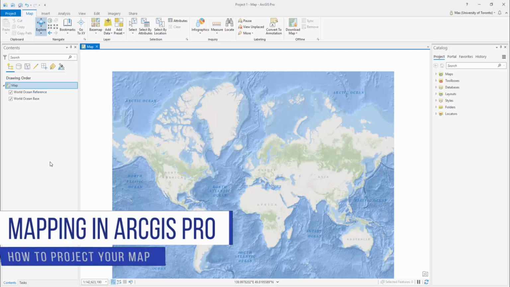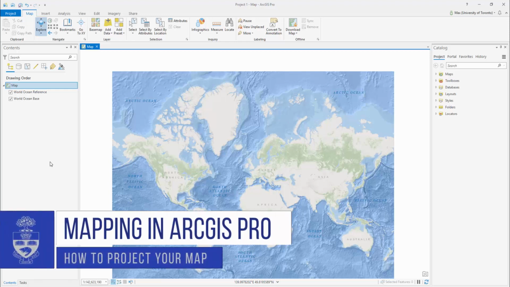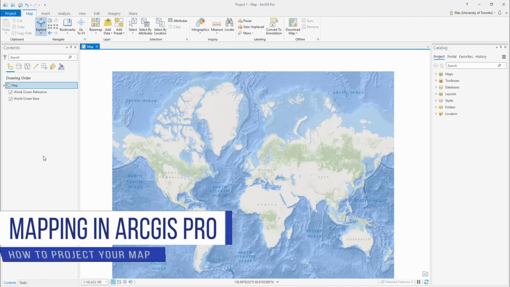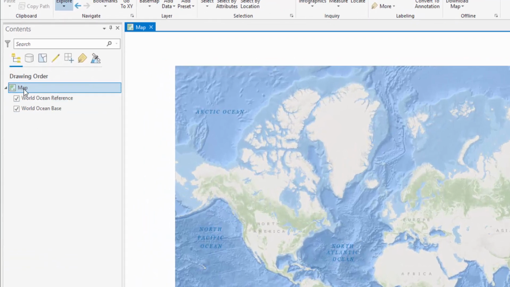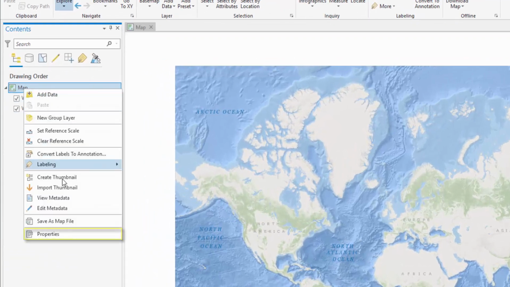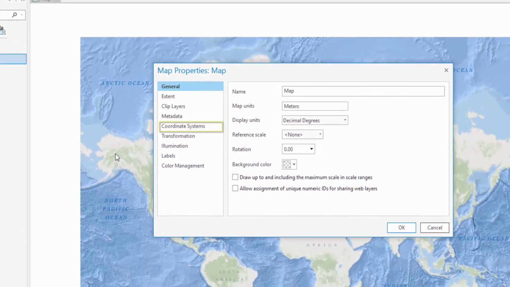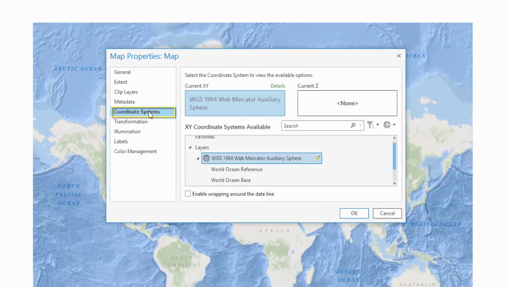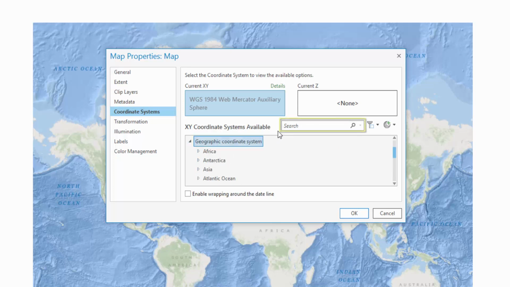Mapping in ArcGIS Pro, how to project your map. To set the projection of your map, right-click Map in the Contents pane and select Properties. Select Coordinate Systems. Using the drop-down menus, browse to the projection of your choice, or type in your preferred projection